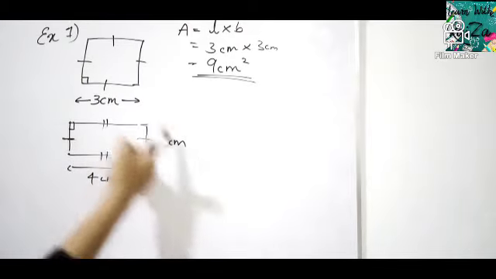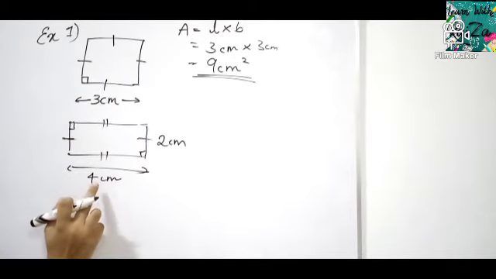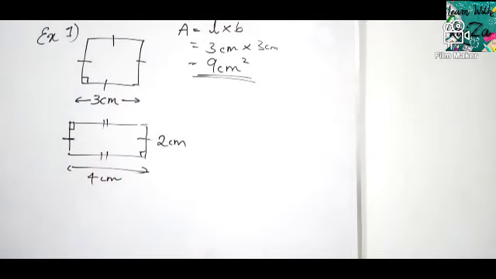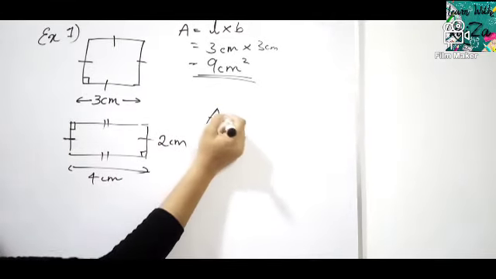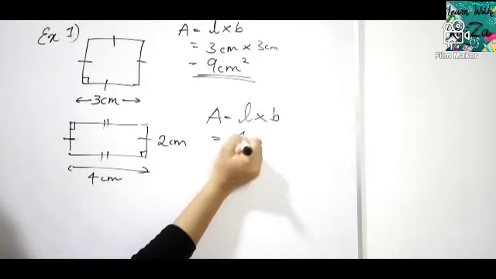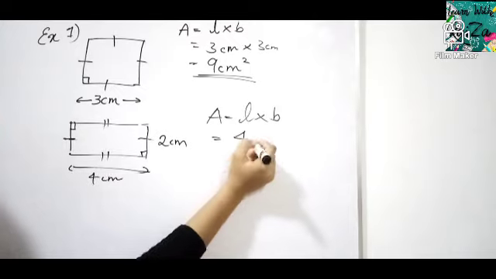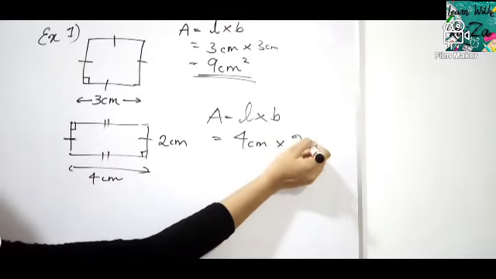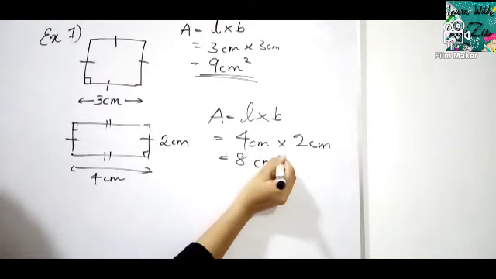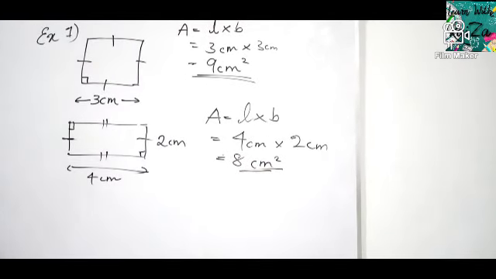Suppose if I ask you to find the perimeter of the rectangle, then you have to add 4 cm plus 2 cm plus 4 cm plus 2 cm. But here we are learning about area. Therefore, the formula is length into breadth. What is the length? That is 4 cm. The longer side only we consider as length. Then breadth is 2 cm. So 4 times 2 is 8. Centimeter into centimeter, square centimeter. So area is 8 square centimeters. So I think this is clear.